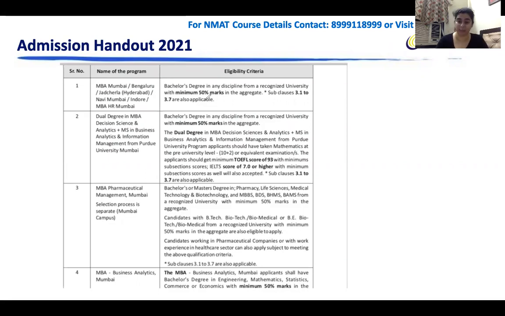You can read the admission handout as well. So all the people who have doubts and concerns that if I have a year gap, am I eligible or not for NMIMS? So long as they do not change any terms, as long as it's not explicitly mentioned, you are eligible. You will just have to make sure in the interviews you have valid points to talk about and justify the gap year.